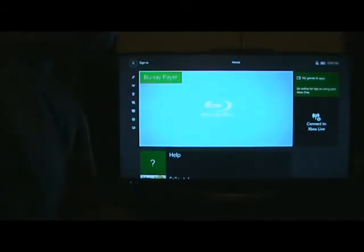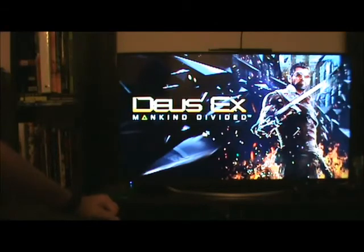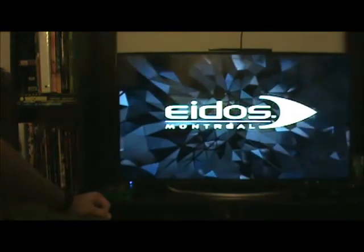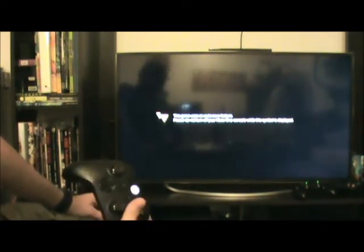But, the thing is, we installed a new Blu-ray drive that has the old Blu-ray brain board, and you know what? It works. On the old Xbox 360s, what you would end up getting if you had not performed what we just did, it would boot up and it would play movies, but it would never play games ever again. That's why we swap the brain boards. I assumed that on the Xbox One the same thing would be true, or maybe it wouldn't play games from disc anymore, or even movies from disc anymore. It would just say, nope, you gave me an entirely different thing, so eat it. You don't get to have fun anymore unless you buy them off the digital store, and even then the console might actually be banned. So, as you can see here,